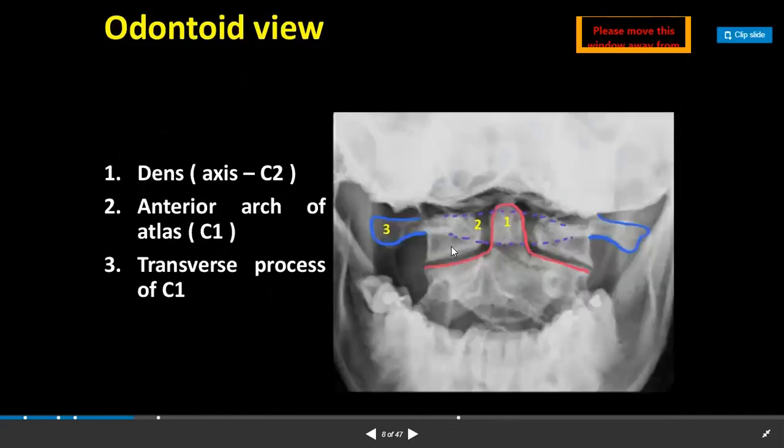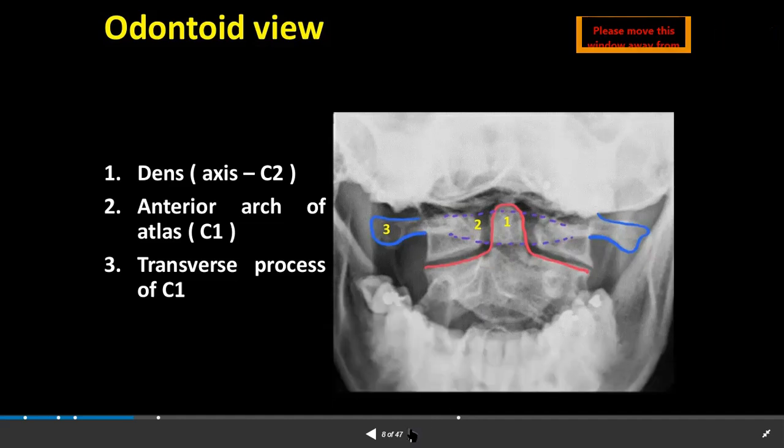Then this is the odontoid view, where you can see the oral cavity has been kept open and the X-ray picture has been taken. Where you are able to see number one, whatever has been labeled, is dens. That is the odontoid process, which articulates with the first cervical vertebra, isn't it? So number two is the anterior arch of the atlas, and number three is the transverse process of the